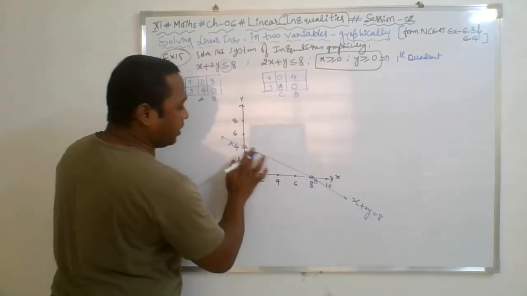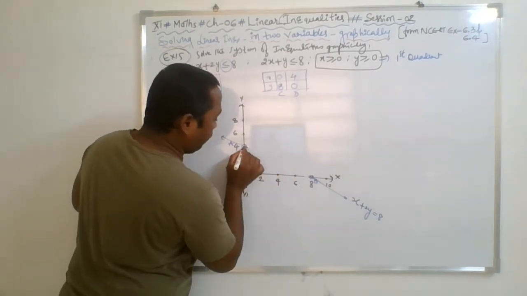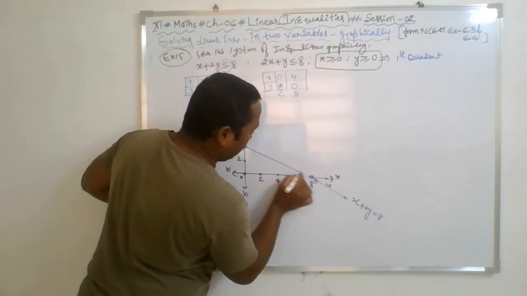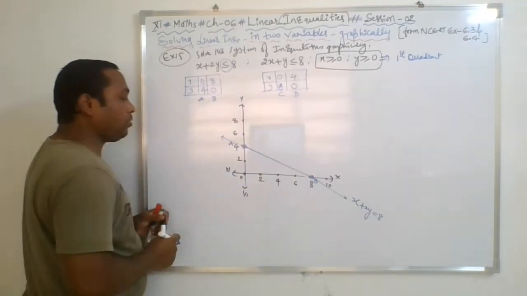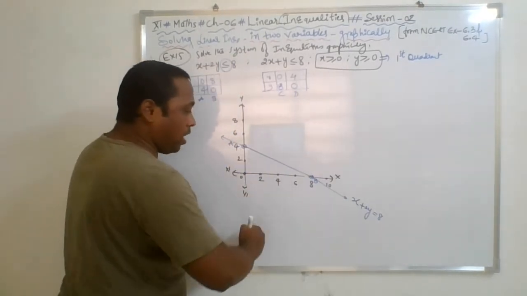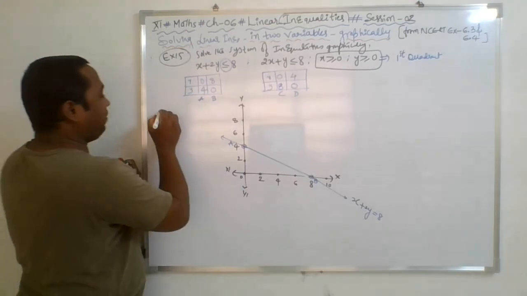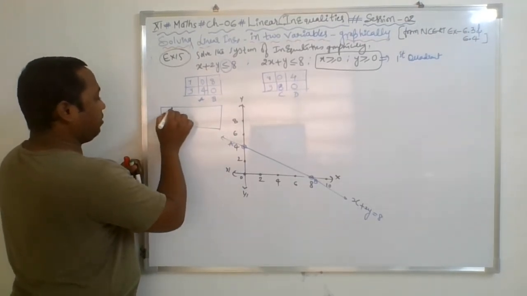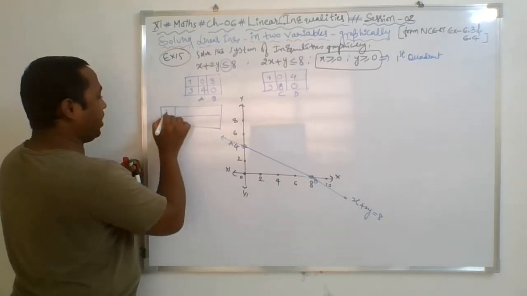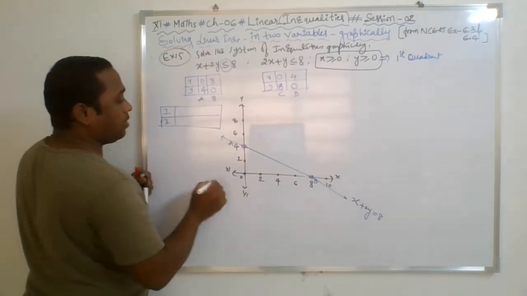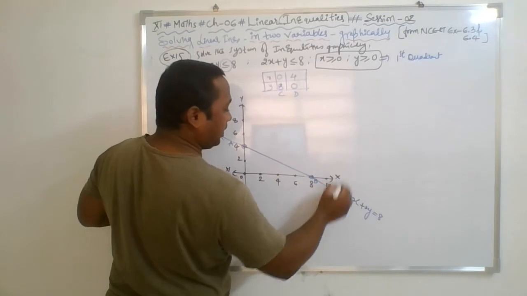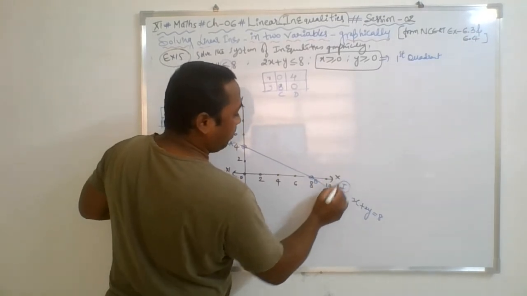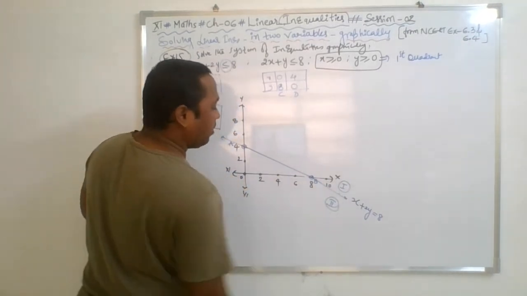And then you need to decide which will be the solution region. Lower half plane or upper half plane. For that you need to make an observation table. For that take points on the first half plane and the second half plane.